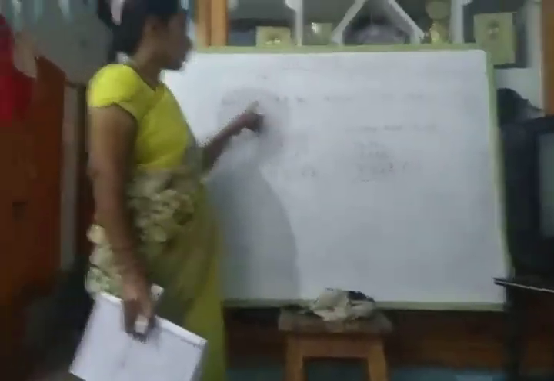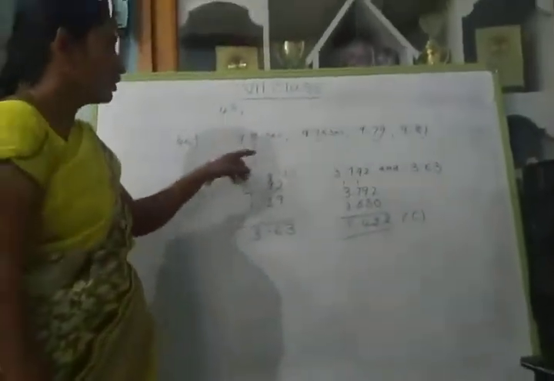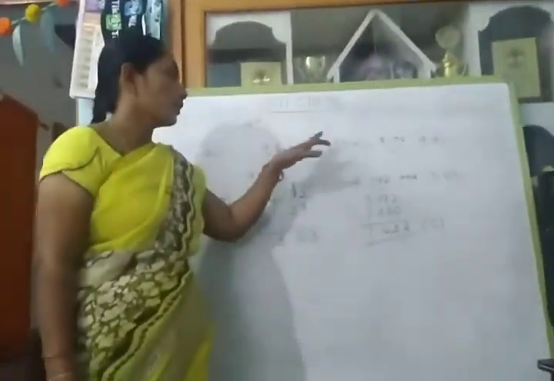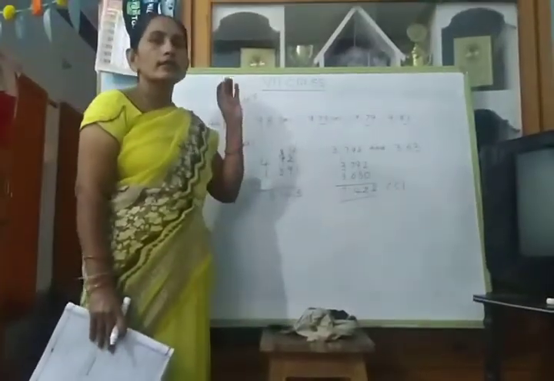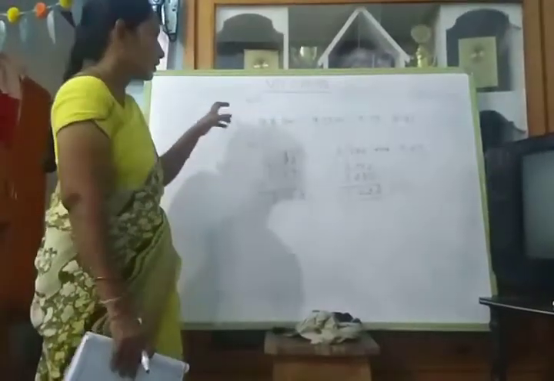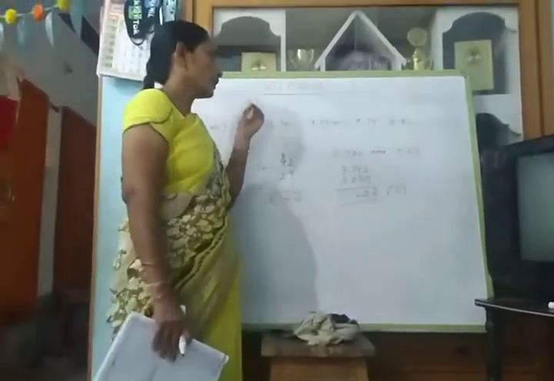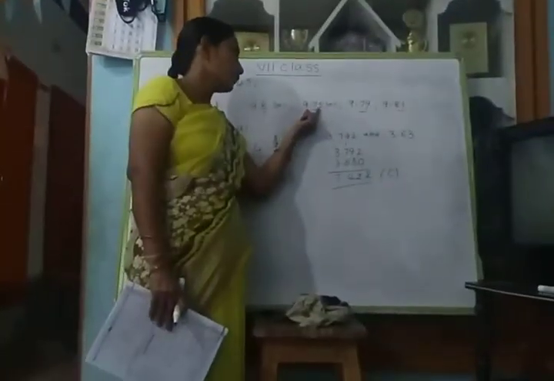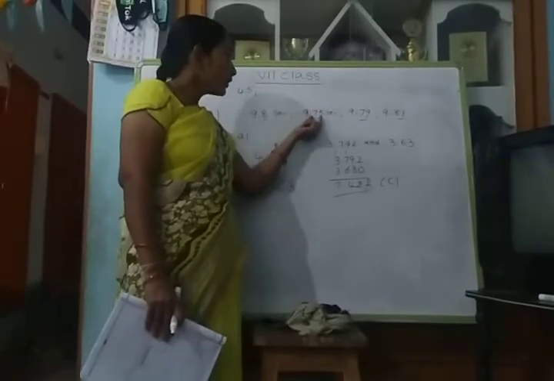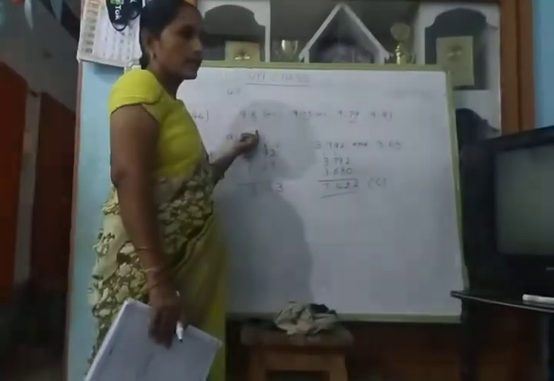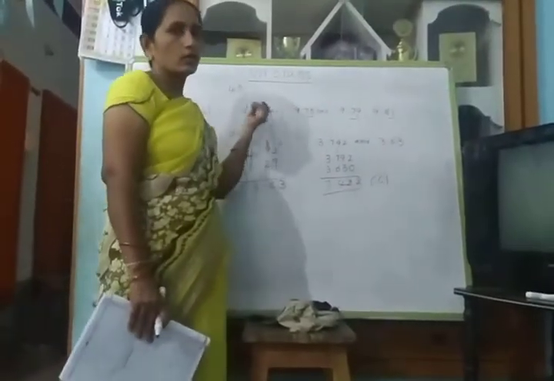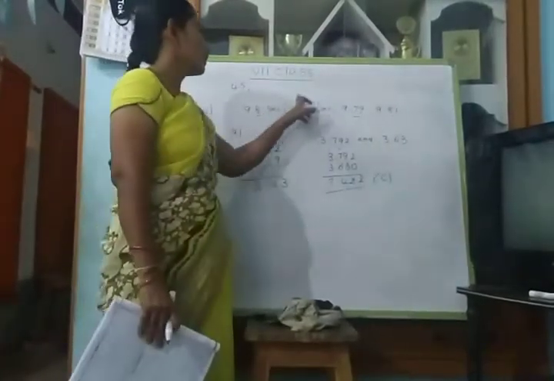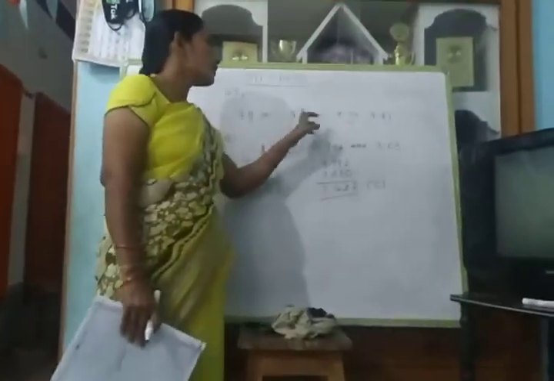See here, the 46th problem. Here 4 members' scores are given. So the last person in this competition, what score does he have to get to win? The person who takes less time in this swimming will win. So the winner is the one who took the lesser time. Here in these 4 numbers, which is the lesser time? 9.75 seconds. Then if the last person takes less than 9.75 seconds, that person wins the match. So here the answer is less than 9.75.